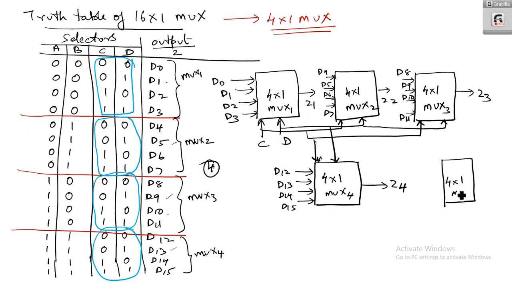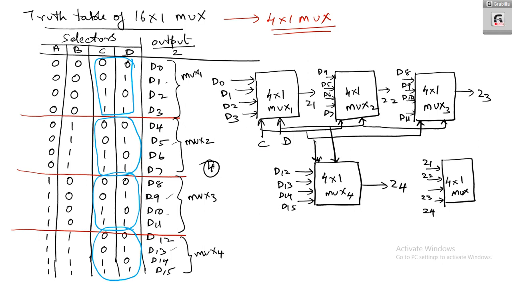Make another 4 by 1 mux. And for that 4 by 1 mux, what should be the output? What should be the data selector? So here I have formed Z1, Z2, Z3 and Z4. So for that you can have Z1 as one input, Z2 as another input, Z3 as another input, and Z4 as another input. Okay, so you are having Z1, Z2, Z3 and Z4